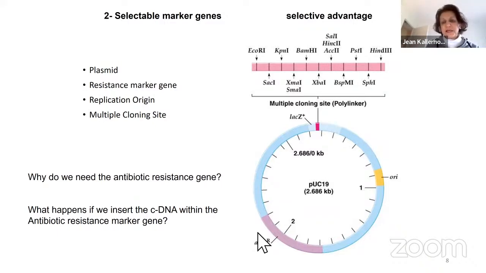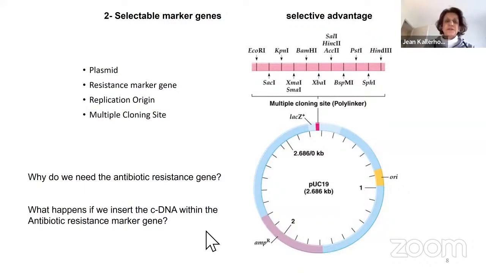If you don't have this antibiotic resistance gene in bacteria, the bacteria will die. So when you do have the antibiotic resistance gene, the bacteria will survive because this will be coding for a protein that will stop ampicillin from being